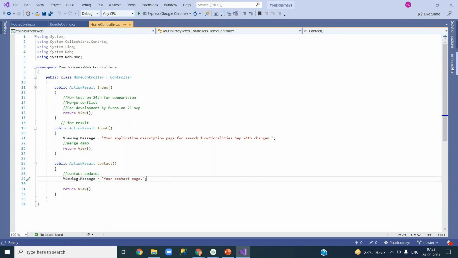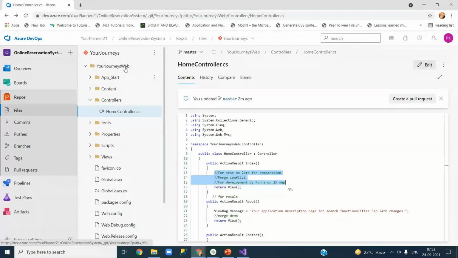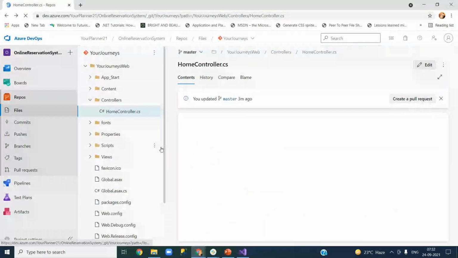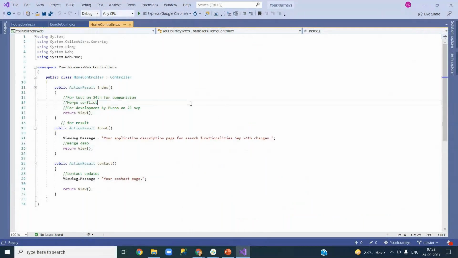Whatever you are doing, which place did you do it? For development by Purna on 25th September, I have modified that on remote. I added a line above that line also on remote, right? So what I do, I'll make some change here. Then I'll say on local,